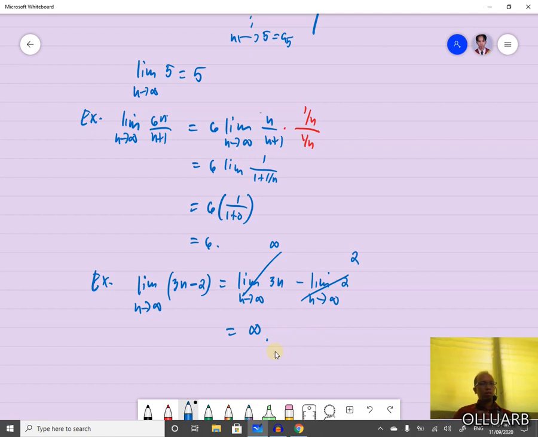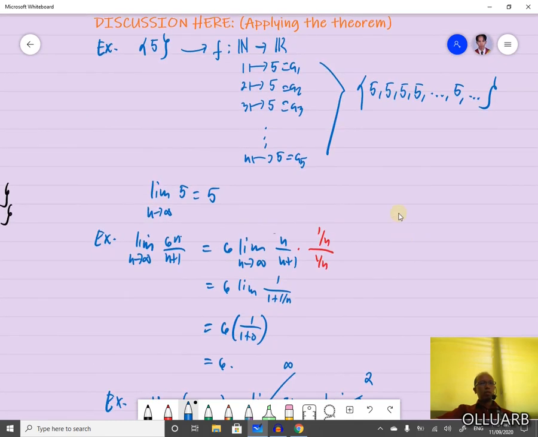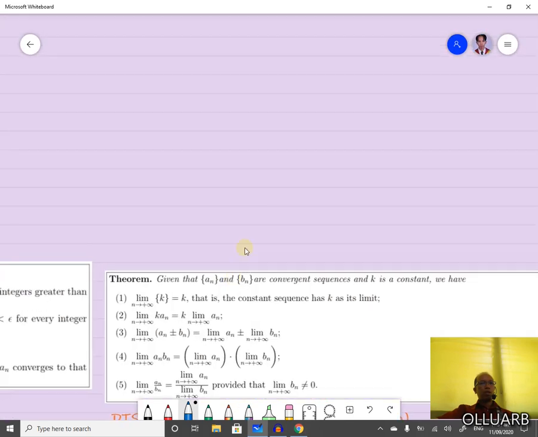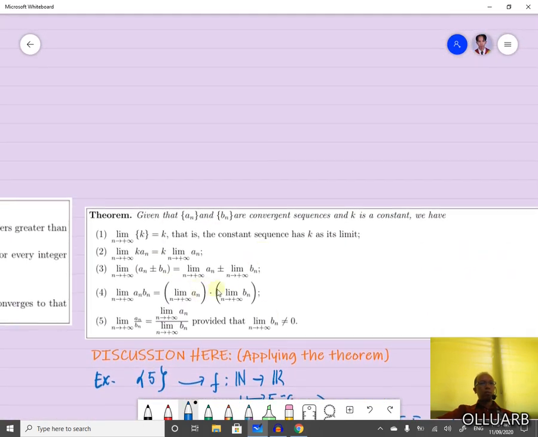maybe it does not exist. You don't have an answer, it does not exist in the limits at infinity topic. Okay, so that's how it works if you will use this theorem. This is the same as your calculus 1